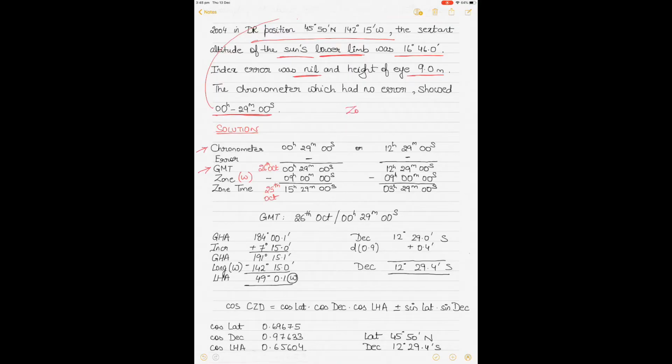The zone we get from longitude in time, LIT. LIT we get from dividing the longitude by 15. So in this case, if you divide 142 degrees 15 minutes by 15, you get 9 hours 29 minutes. Now since this is less than 30 minutes, the zone would be 9, and because we are in the west zone,